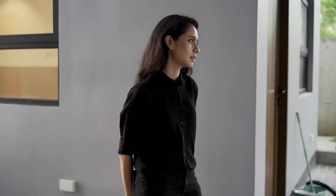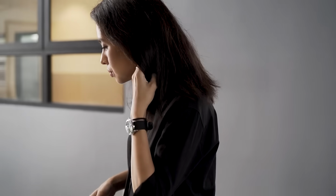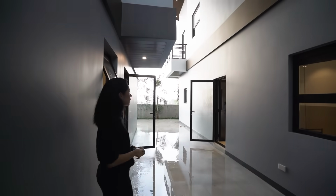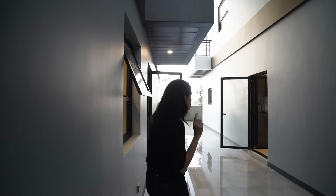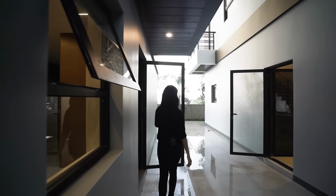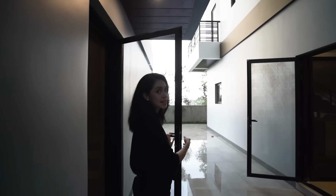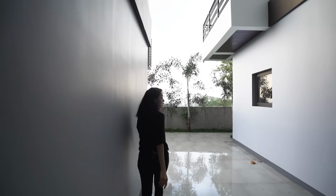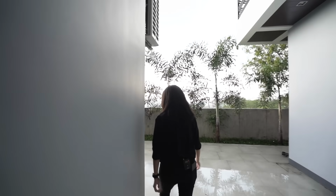Tapos umuulan. But regardless if it's raining, I just wanted to show you that there's something unique about this house, and that this house has two guest houses. Not guest rooms, guest houses. Guest house number 1, guest house number 2. That's unique. But the best part about this house